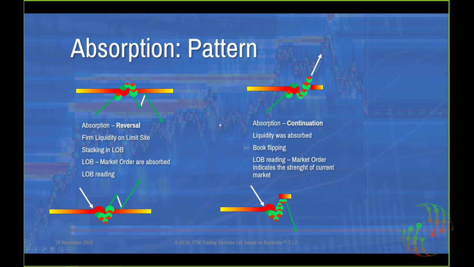So pattern as well. We have good reversal potential when the liquidity is firm. You see how the liquidity topic and the absorption topic go hand in hand. So we have firm liquidity, it closes, it is absorbed of course, but you will see sometimes that liquidity closes again. They stack to the liquidity on the offer or bid side, it doesn't matter. It's valid for both sides.